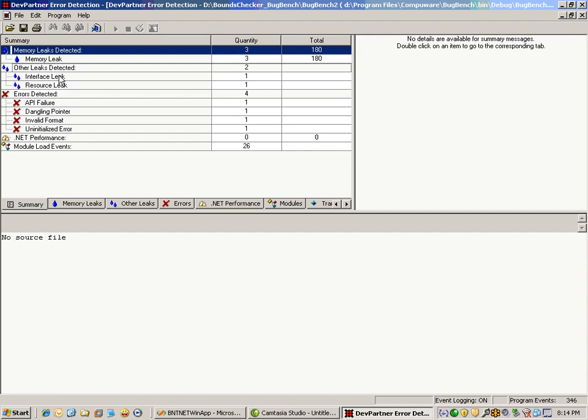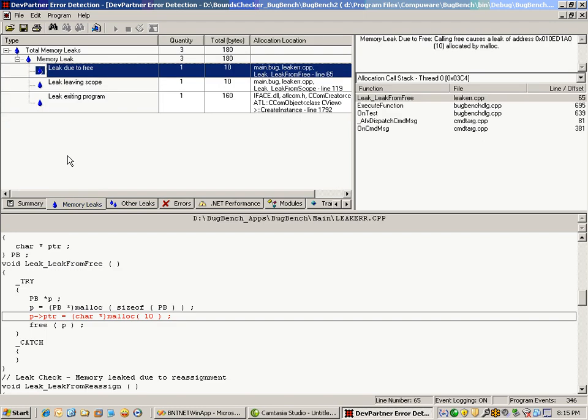Then I can work my way left to right, and it will collect the memory leaks rolled up nice and neatly in one tab. Shows me my leak here. I have leak leaving scope, leak exiting program, and a leak due to free. So I have this one leak, the total bytes, the allocation location, shows me the code in question down at the bottom. But then also I can see the call stack, including line numbers,